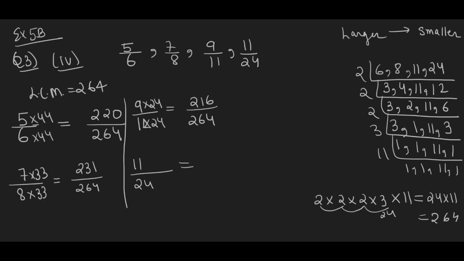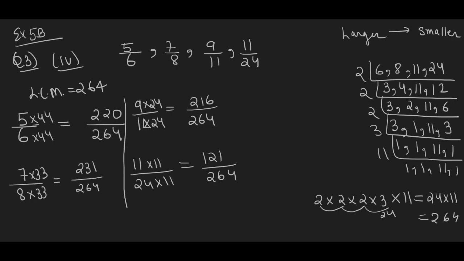So what will you do? 264 divided by 24. So this will be 11 and in the numerator also 11. So 11 into 11 is 121. This is 264. Now they all are converted into like fractions and we want to arrange them from larger to